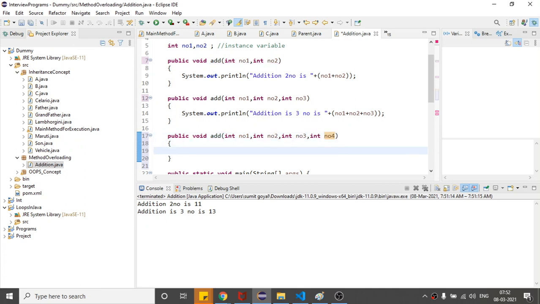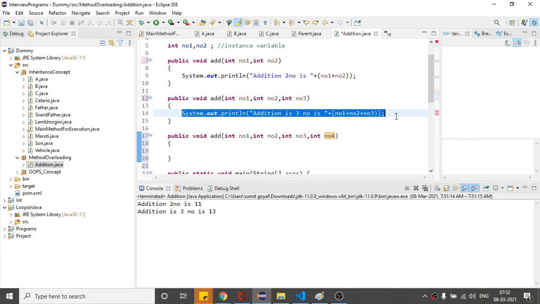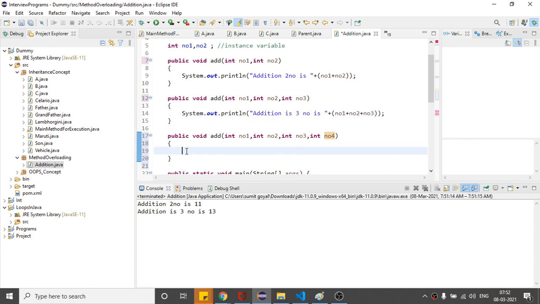So here you can see there is no error. So this we can do. Earlier I was writing a different method name each time, but now I have created the methods with the same name, and I am only changing the number of parameters, right? You can see the number of parameters are 4, 3 and 2.